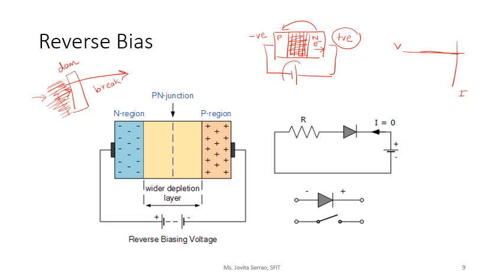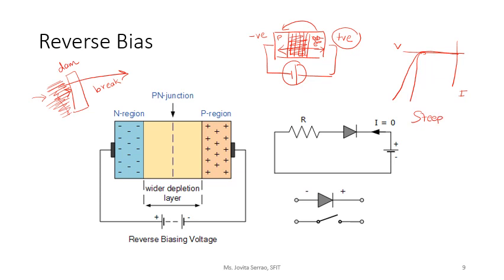As I keep increasing this voltage over here, at some point this barrier or this depletion region is going to break. And what will happen when this depletion region breaks? All the electrons that are in the n-type semiconductor will flow this side. And since there is no depletion region, just like when a dam is broken, there is nothing you can do to stop the water. Similarly, when this depletion region is broken, there is nothing that you can do to stop the electrons. So the waveform that you get, instead of being something like this, is something like this. That is, it is very steep in nature.